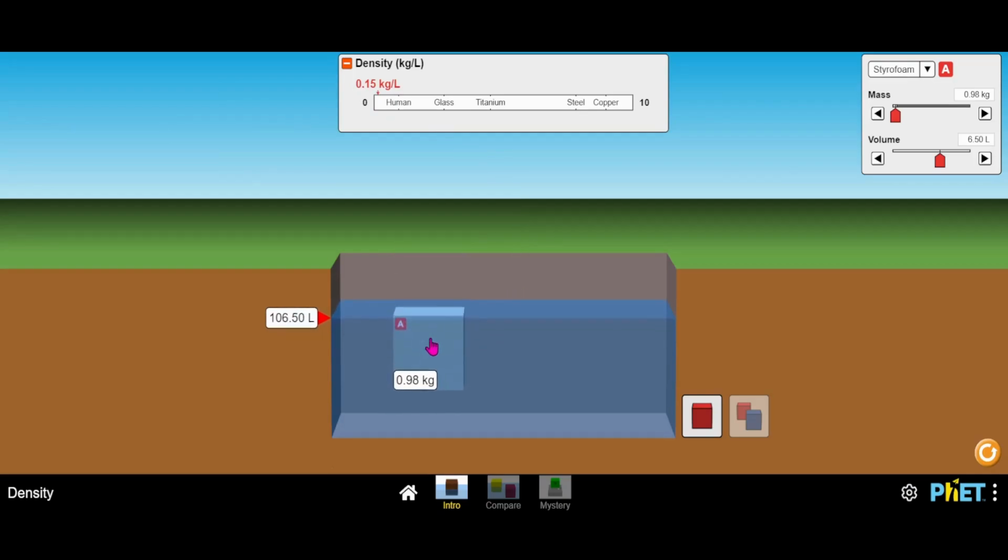If I sink it in, oh, can you see that? Why is it bouncing off the surface? So the concept is, see, this is just floating above the surface of the water, right? If I just increase its mass a little bit,